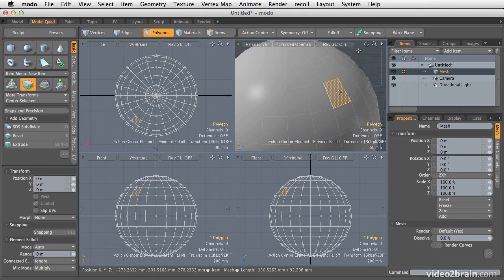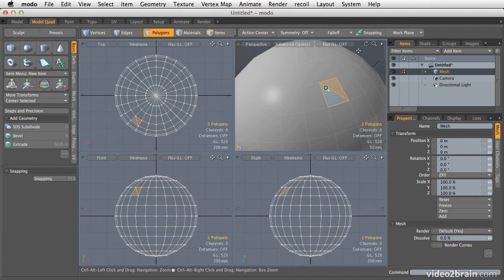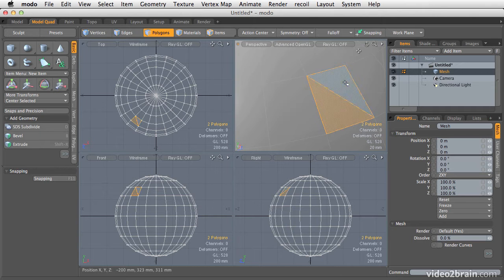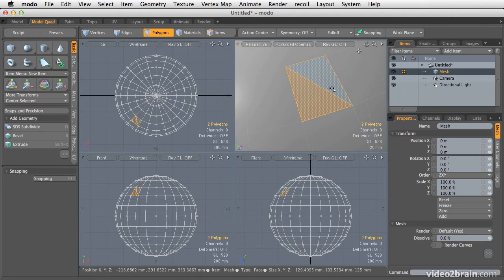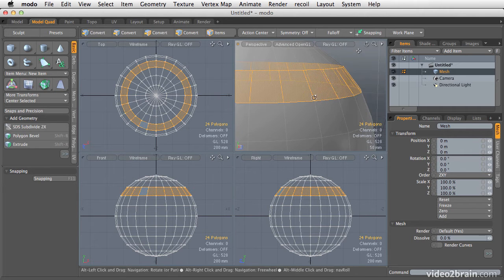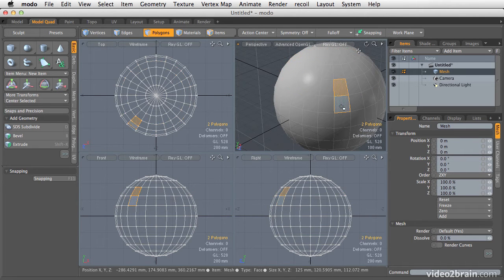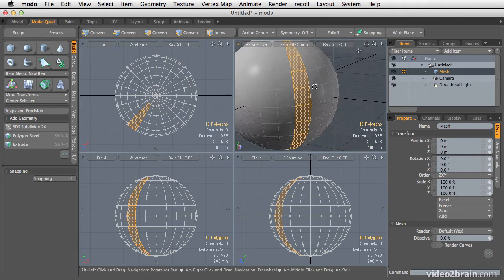You can have a triangulated polygon, so something like this where we have 2 triangles in the same space of that one quad, but if we have everything in triangles, there isn't really a geometric flow to things. So with these quads, I have loops that run all the way around. I have loops that run up and down, and it makes it much easier to organize your geometry and get